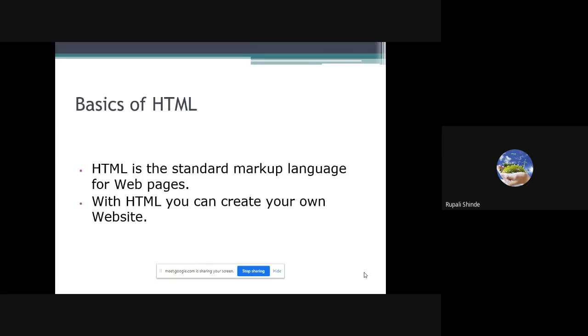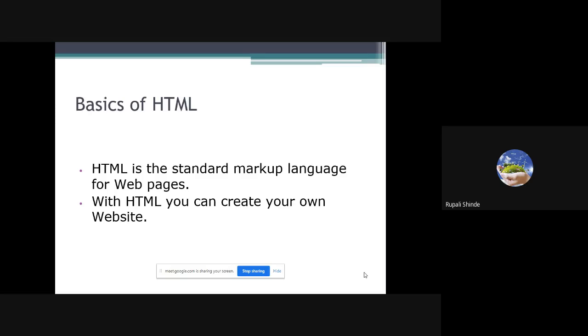But if we send some information to the server, sometimes I fill a feedback form, sometimes a registration form, sometimes a participant form, any type of form, and that information is stored in the web server. These are nothing but dynamic websites. Nowadays we mostly focus on dynamic websites, and we also focus on static websites, but dynamic websites are good for every application.